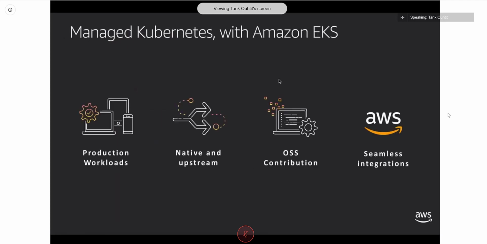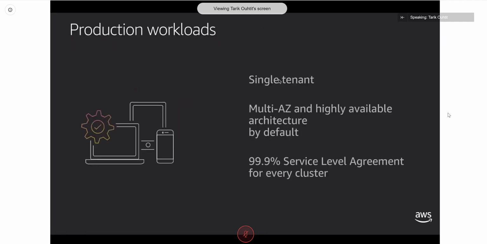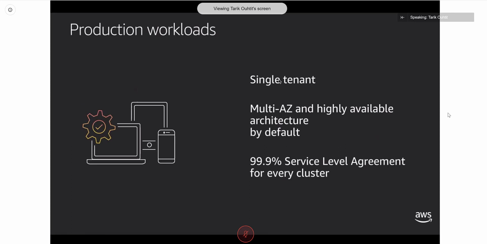Let's step back a tiny bit, talk about EKS in general. When we launched EKS, our managed Kubernetes offering, we've got a couple of core tenets that we wanted to keep to with this. The first one is that our managed Kubernetes offering should be ready for production workloads. And in fact, we have some huge customers using Amazon EKS today. When we deploy an EKS cluster for you, this is a single tenant cluster. This is not a cluster you're sharing with someone else. And it's automatically multi-availability zone, highly available architecture by default. We're confident that we're able to run this service reliably, and as such, we've included an SLA with it.